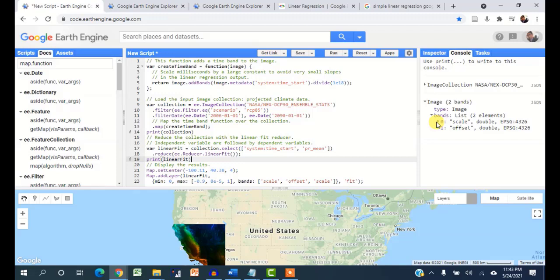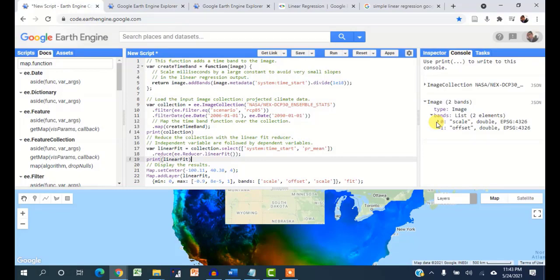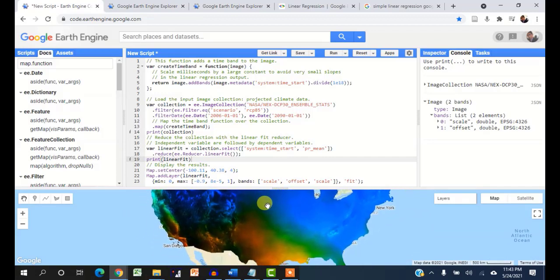In this context, scale refers to the slope of the line for each pixel of the study area. With respect to the results, the blue area indicates areas with an increasing trend of precipitation, while the red area indicates a decreasing trend of precipitation.